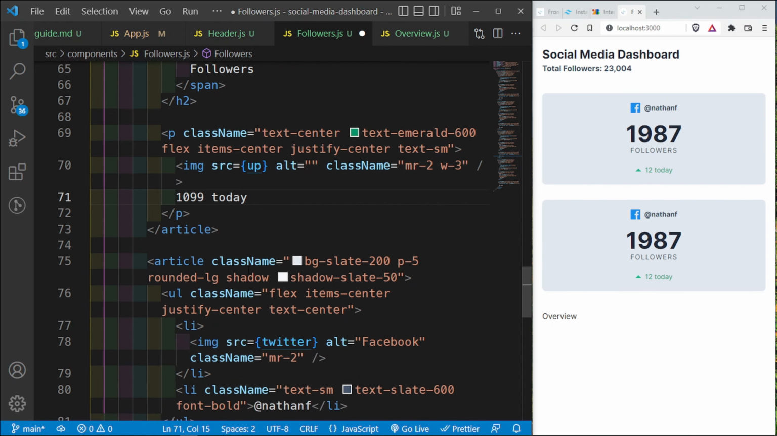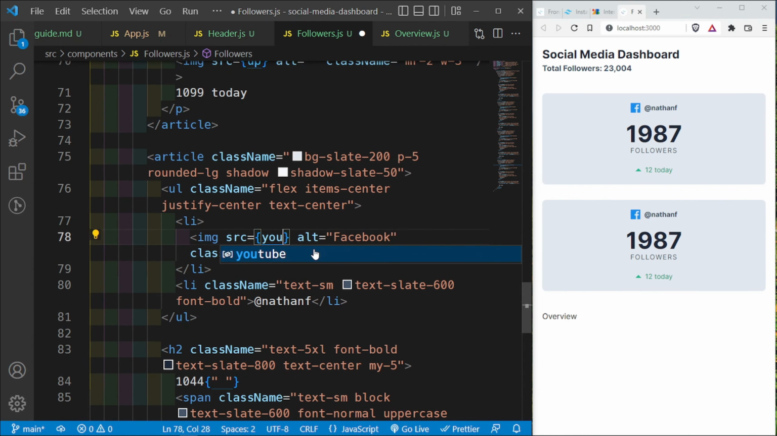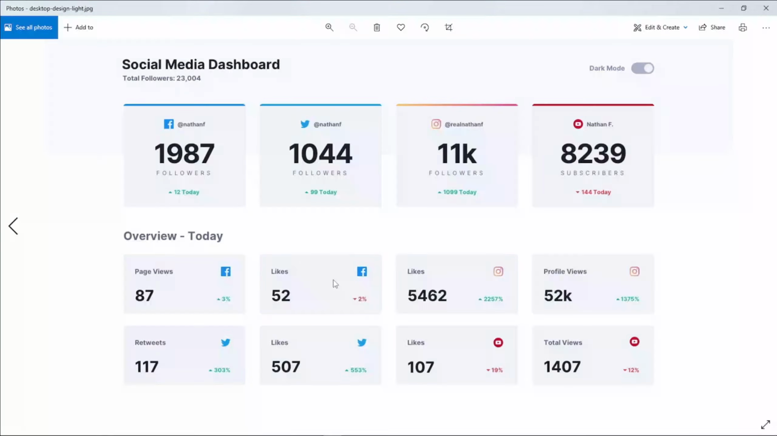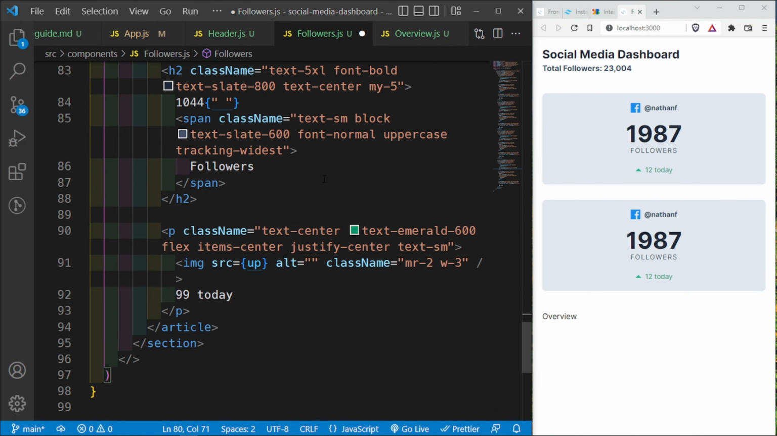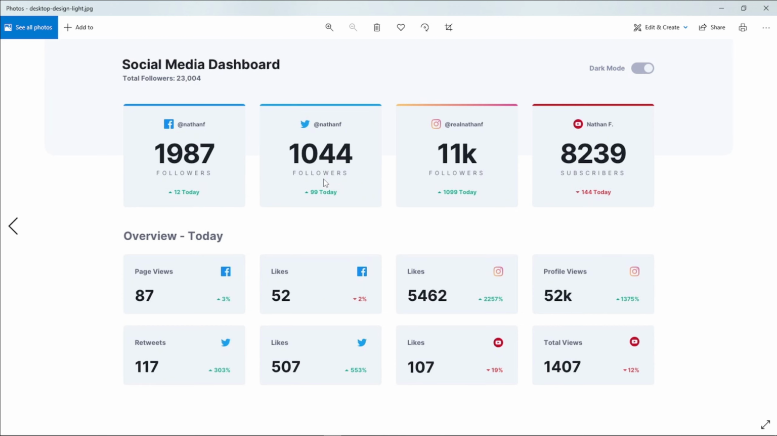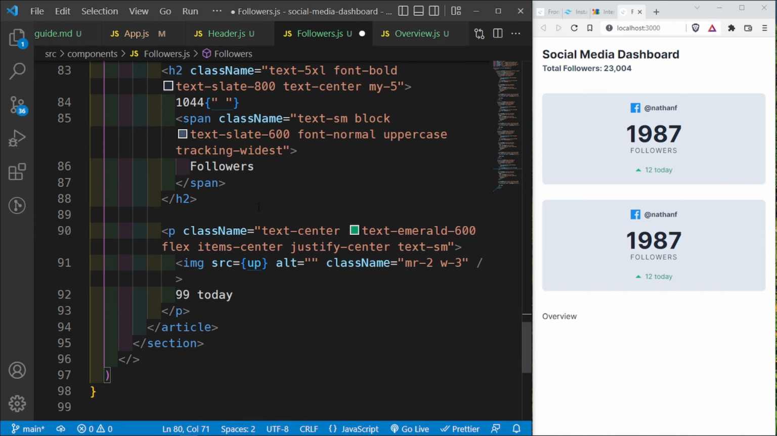So 1099 today, and then the final one says YouTube, and then the text says Nathan F dot, and then the H2 says 8239 subscribers and minus 144. So 8239 subscribers, and then this now says subscribers, and then minus 144. And then now this image is going to change into the down arrow,